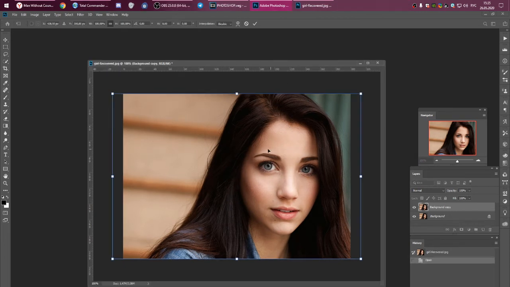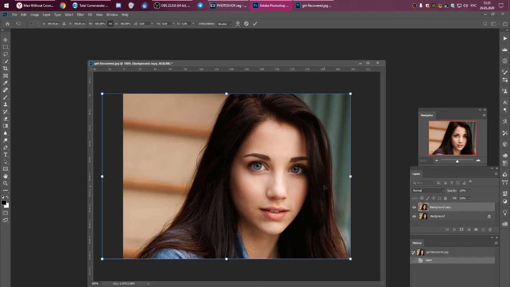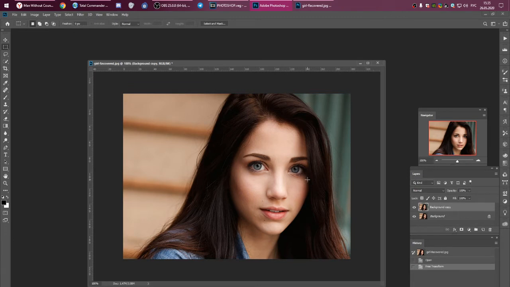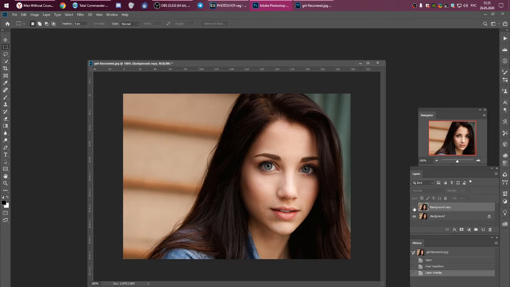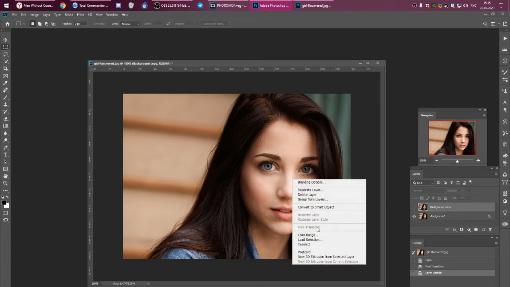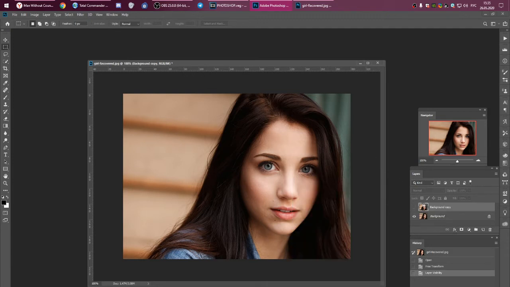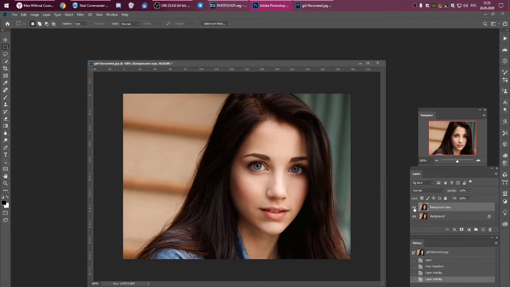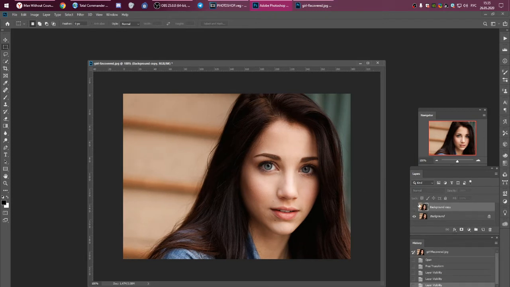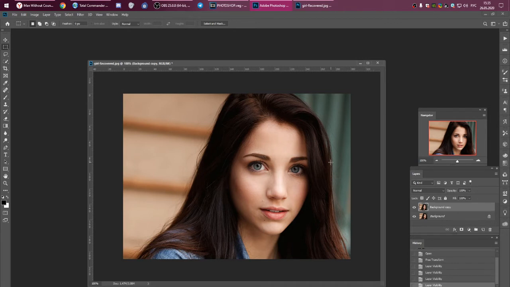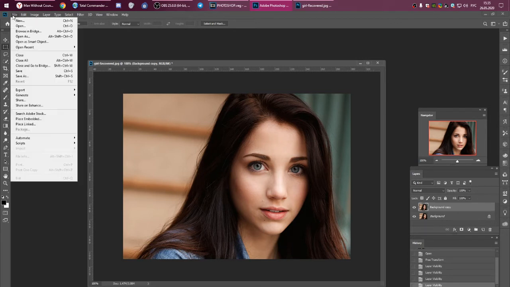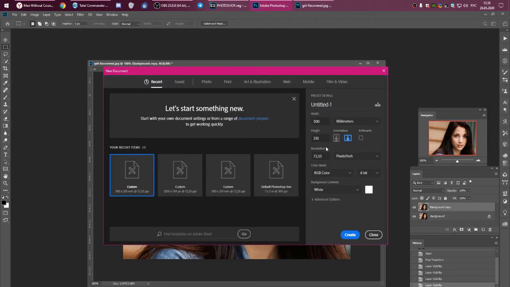Next step is the skin. If you enlarge the picture, you can see some pixels on the skin, which don't look great. We can fix this and make the picture look better. We need to return to the layer in which end of our picture. Also as layer in case we want to start again. And now we work